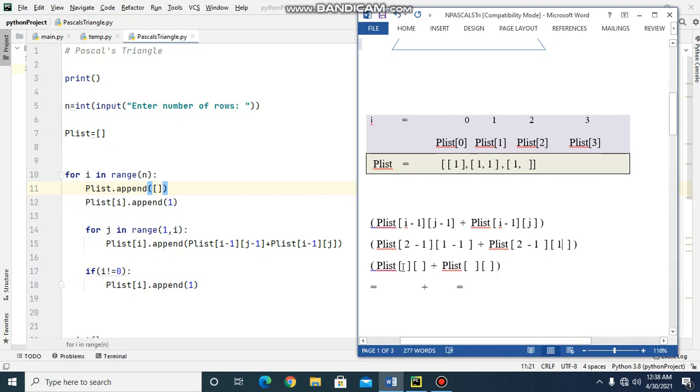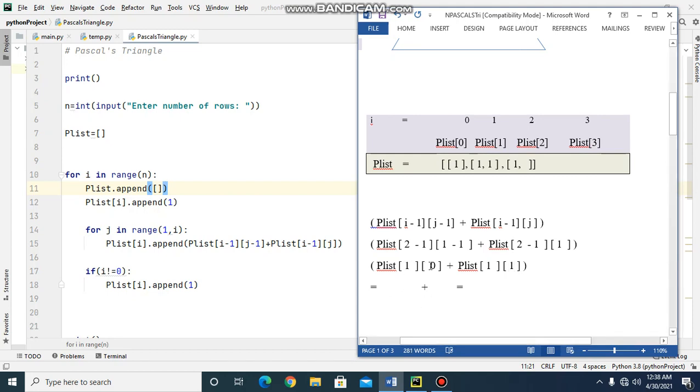So 2 minus 1 is 1. 1 minus 1 is 0. Then 2 minus 1 is 1 and this is value of j is 1.